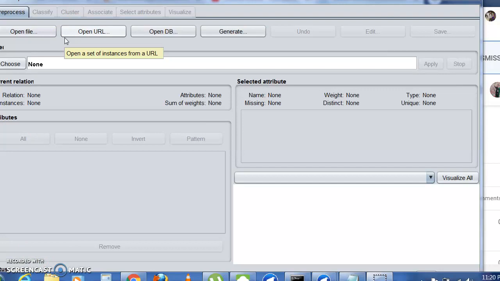This is the second session for the Weka tool. Already I have uploaded Weka video tool 1 and now this is Weka video tool 2. In Weka video tool 1 we saw what Weka is, who developed it, what the data sets are, and what data set we have taken in order to pre-process. Now we are going to use the same data set. We are going to see how classify, cluster, associate and visualize happen.